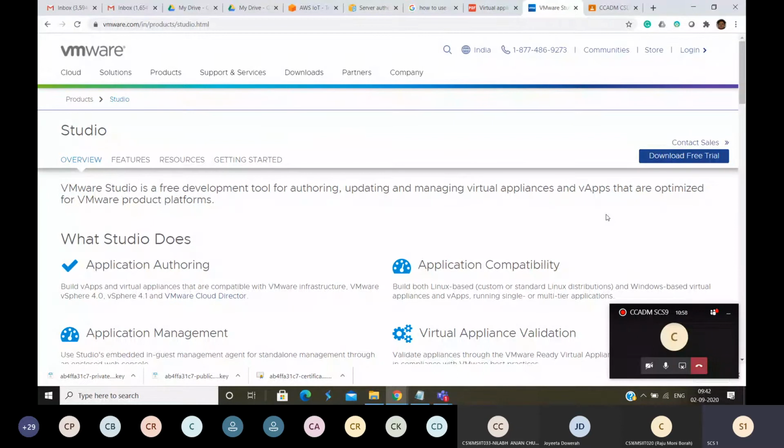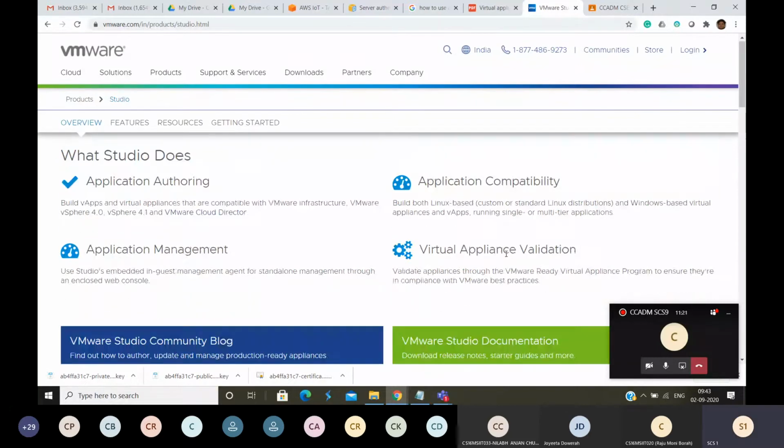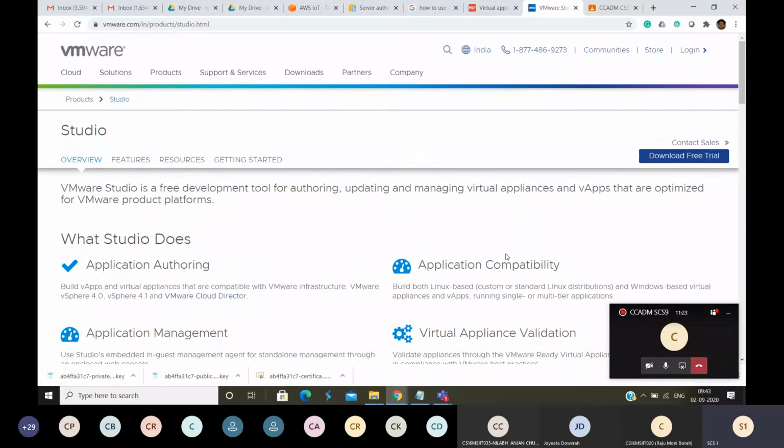Okay. So my trial period is over. So from my machine, I cannot create the VMware Studio, but obviously you can do it because you have not created the VMware account in your system. Once you create the VMware account in your system, you will be given a chance once. Okay. After that, it will not be given. So try to create that virtual appliance by yourself. Okay.